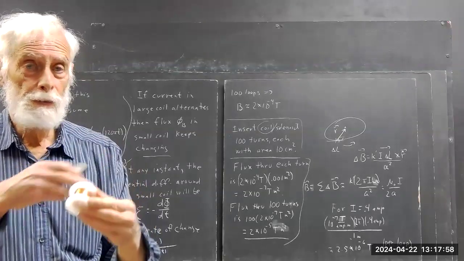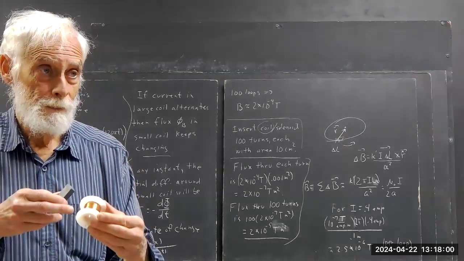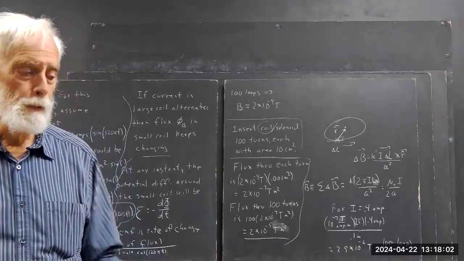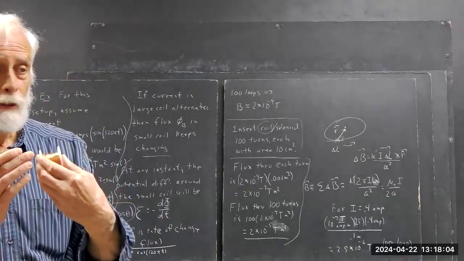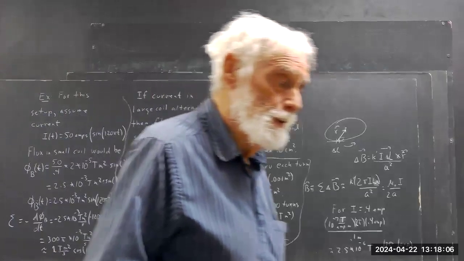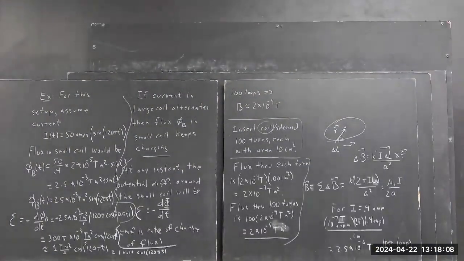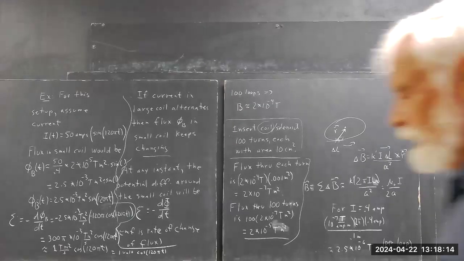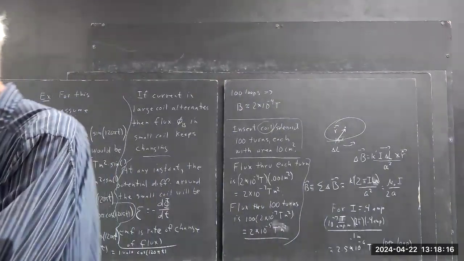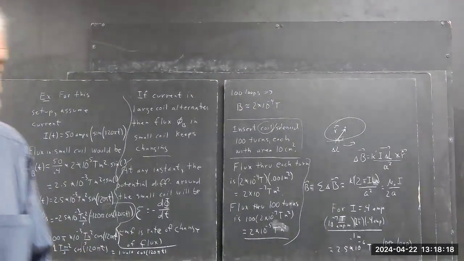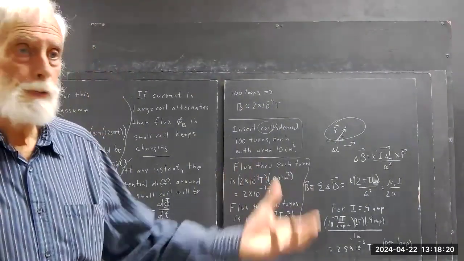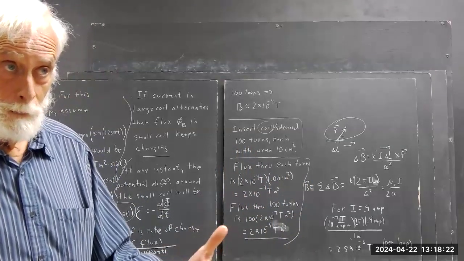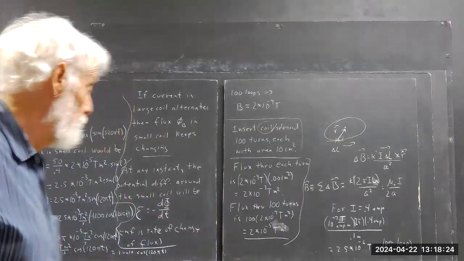The coil rotates 60 times a second. Now, the configuration is a little different than this, but what happens in the power station, whatever is driving the power station, be it steam from a nuclear generator or from a fossil fuel plant, okay, whatever,